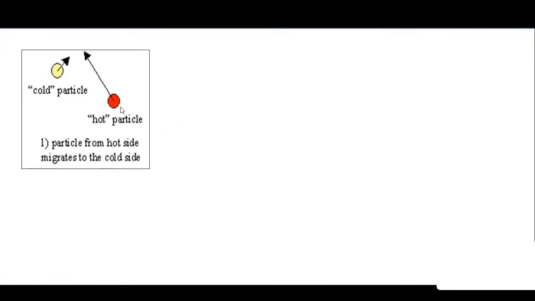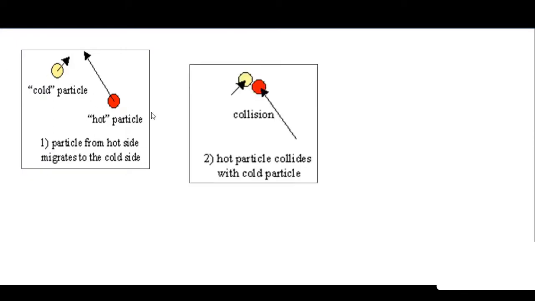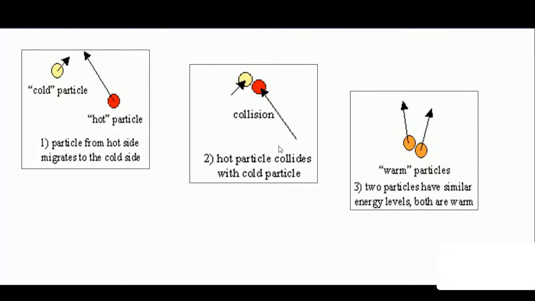Now, conduction by the random motion of molecules or particles in the case of fluids, as I told you: you can see the hot particle and the cold particles. The hot particle has some energy with it, so it can give that energy when it collides with the other molecule. The energy possessed by this hot molecule will be partially given to the cold molecule, and this is how the exchange of heat occurs, and that is conduction.